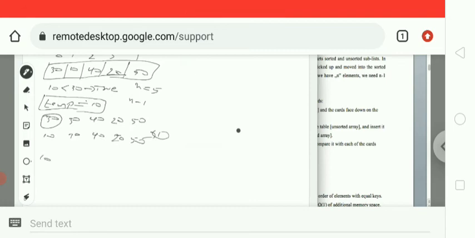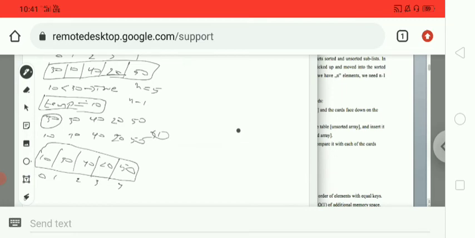So that means 10, 30, 40, 20 and 50, with indexes 0, 1, 2, 3, 4, and we start comparison with the element 40, which is stored in index 2. 30 is less than 40, so the condition is satisfied.